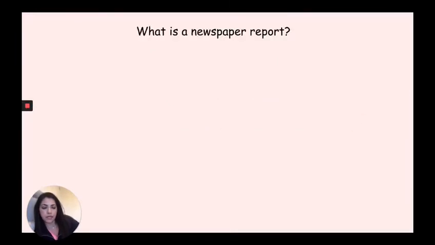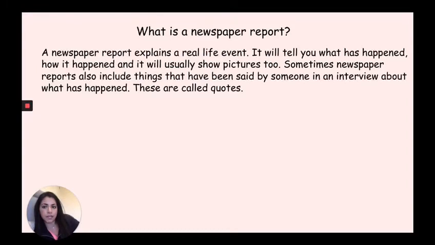Okay, so year one, what is a newspaper report? Have you heard of this before? Have you seen maybe your grown-up reading it? Let's find out. A newspaper report explains a real-life event. It will tell you what has happened, how it's happened, and it will usually show pictures too. Sometimes newspaper reports also include things that have been said by someone in an interview about what has happened, and